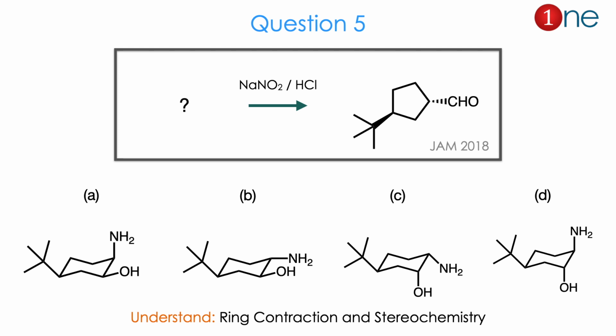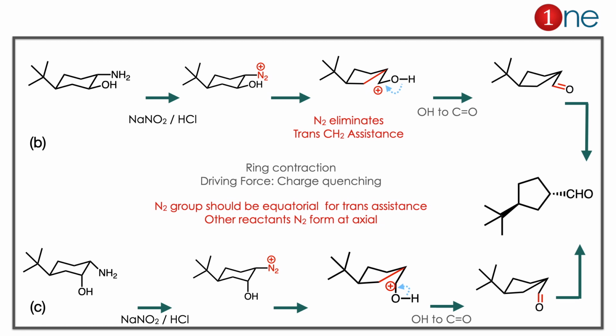So from the reactant to product you might guess ring contraction is definitely the possibility, and the stereochemistry of the product is important here. The answer is B as well as C. Let us see how. Let us see the B reaction first. The starting material you are having amine and you are using NaNO2 and HCl. It converts to N2+. It's a kind of diazotization.